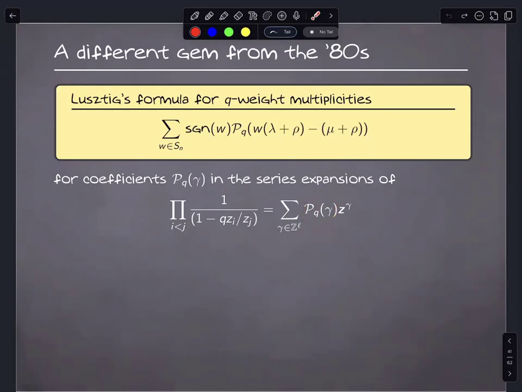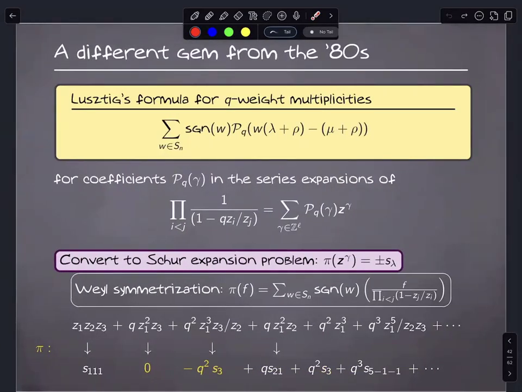So this is just a geometric series. If you expand it out, you get a positive sum, q-positive sum, of these Laurent monomials. And the coefficients of them, if you take a signed sum, give you the q-weight multiplicities. Whatever. So here is another way to look at Lusztig's formula and this picture, which was a little bit of a different direction at the time,